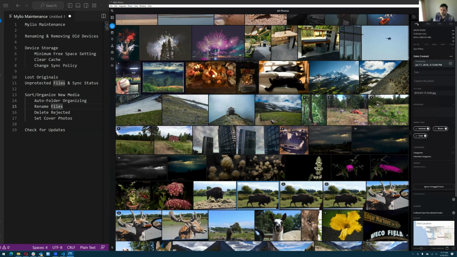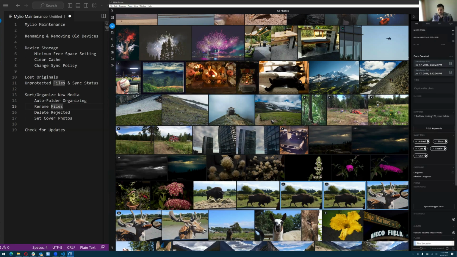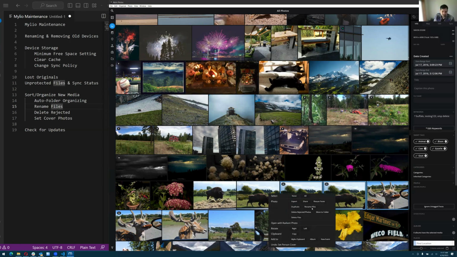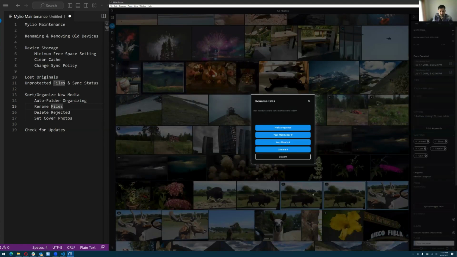Just to quickly show, some of these already have been renamed, but these have not. If you were to select multiple files, you can right click and choose to rename files. And Mylio has some great pre-made options for you. Year, month, day, and sequence is